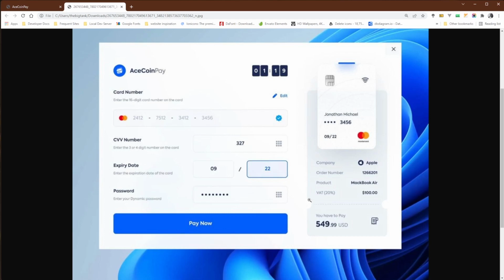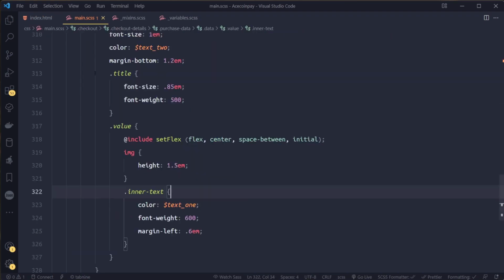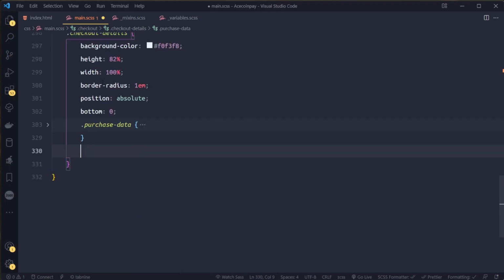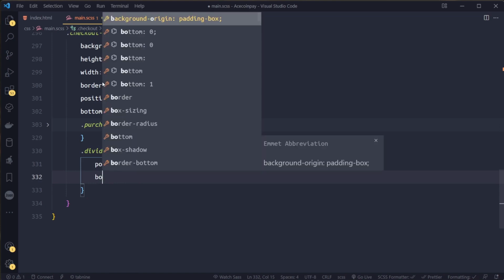Then we'll just use the divider itself. We'll call add dash for the divider itself. So I'll just study how I want to run a pass. So what I could do, the place purchase data collapse, then we'll target the divider. So first I set the divider position to absolute, then bottom could be